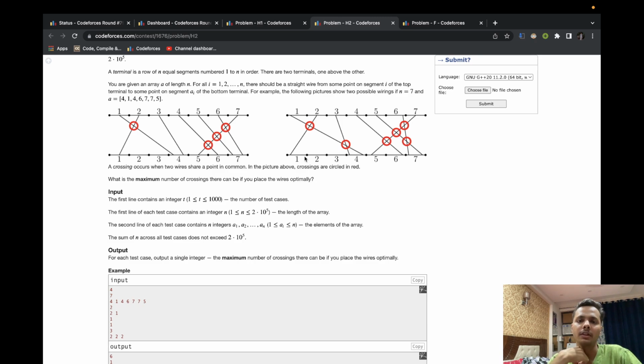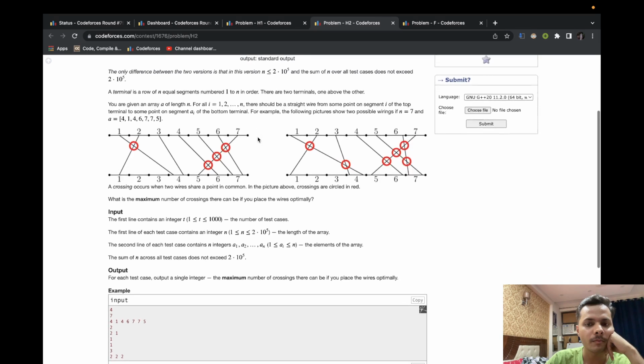When will there be a crossing? The first segment covers the portion from x equals 1 to x equals 2. The second segment covers the portion from x equals 2 to x equals 3. So when will there basically be a crossing?